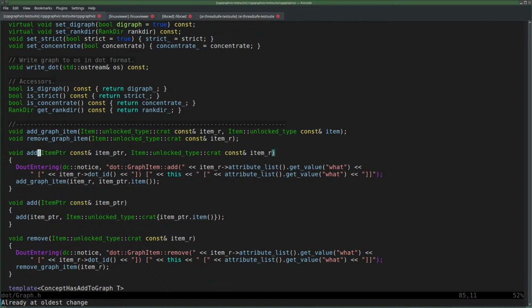But item is per default an unlocked base. And node pointer would be using an unlocked, yeah. Difficult, man.